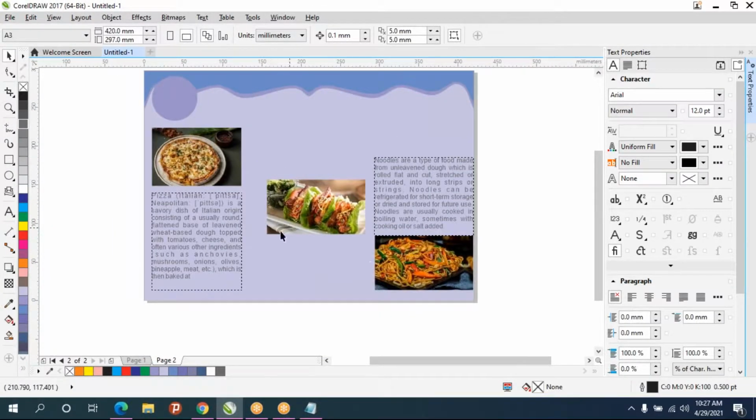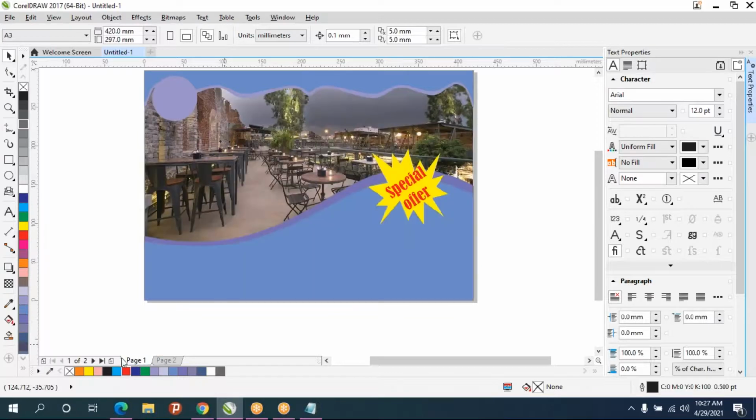And like this, you can add details about the dish. And you can add different types of images and contents. So here also same thing.